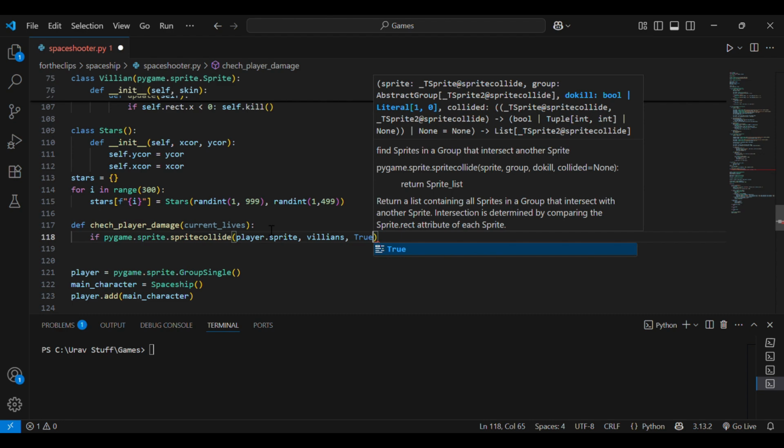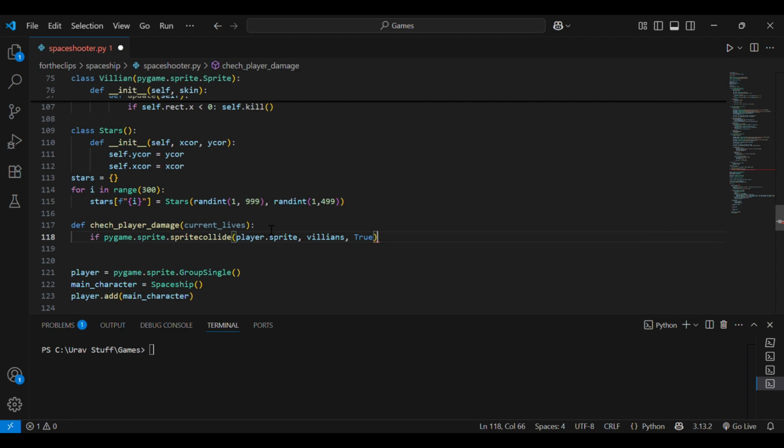This basically means that when the 2 collide, the enemy sprite will disappear. And if this is true, we'll do current_lives -= 1,